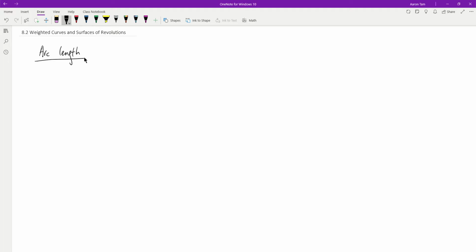If you remember, you learned about arc length back in BC calculus, where you learned two different formulas, if I remember correctly. So let's start with the first one from BC calculus. Let's say given two formulas, I'm going to start with the first one. Let's say given a curve y equal to f of x over the interval from a to b,